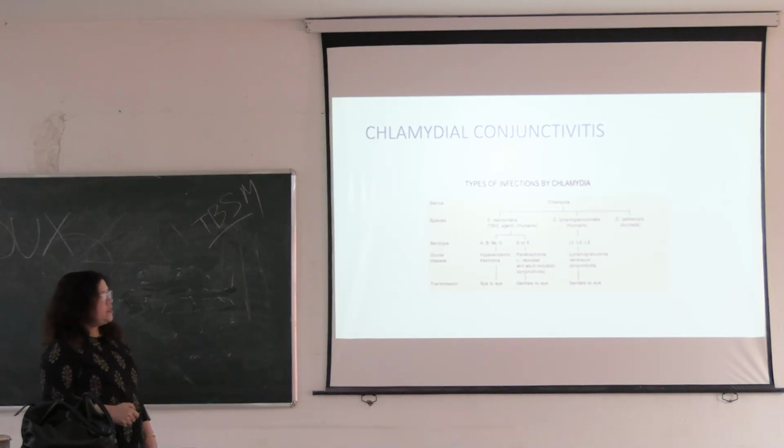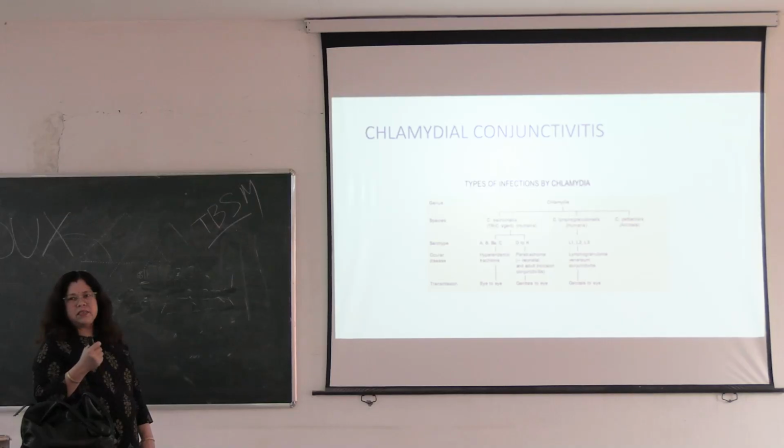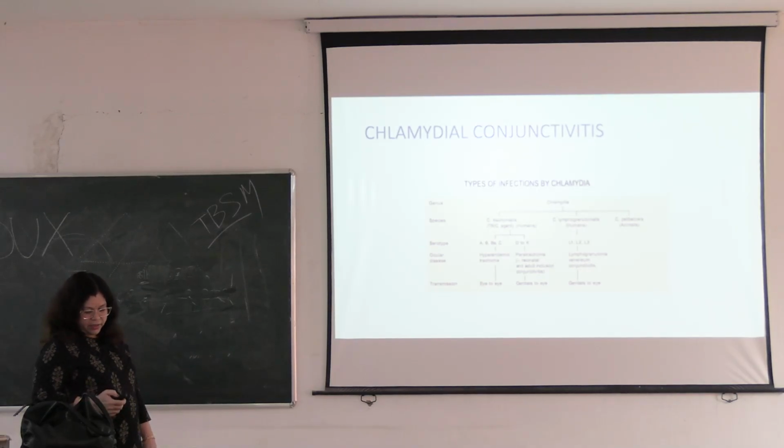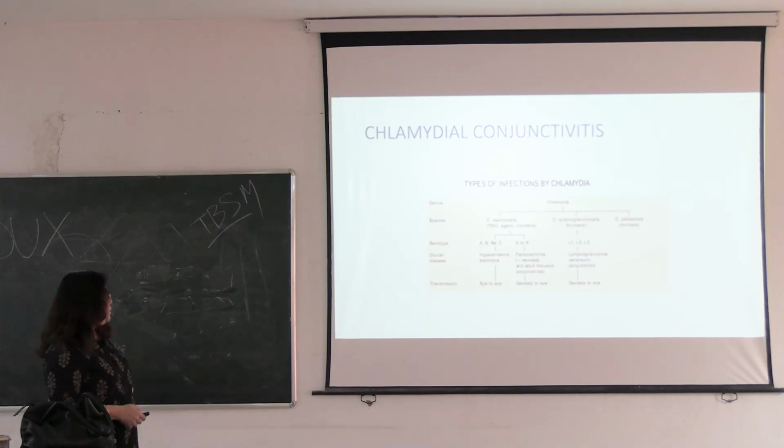And spread is from genital to eye, and trachoma is spread from the discharge of one patient to another human being through contaminated fingers, contaminated towels, beddings, or when we touch the household things the patient has touched, then it directly affects other human beings. And eye to eye contamination: when we touch the eyes and then touch the other person, it also spreads this way.